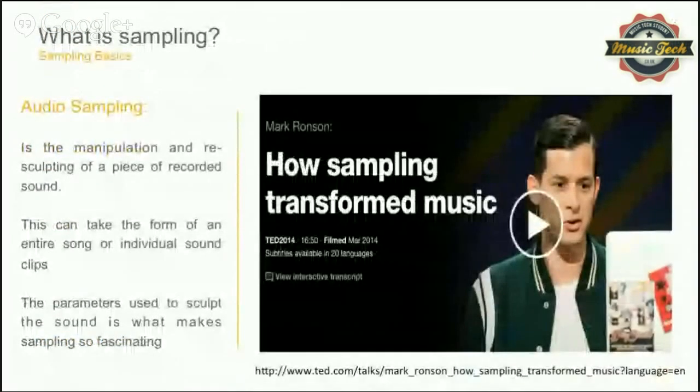So what is sampling? Audio sampling is manipulation and resculpting of a piece of recorded sound. This can take place as a whole track or individual samples, individual hits or whatever really. And the idea of sculpting is you take something and you make it something unique, or you make it something